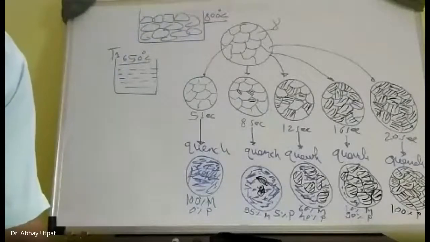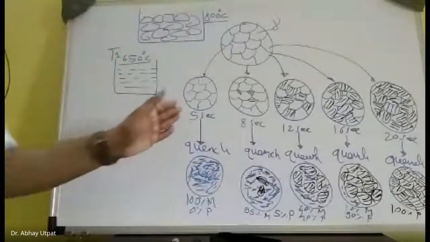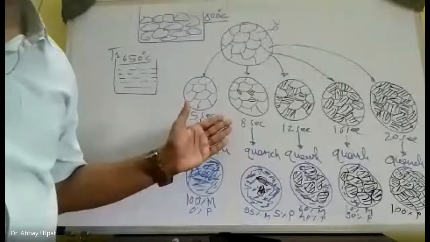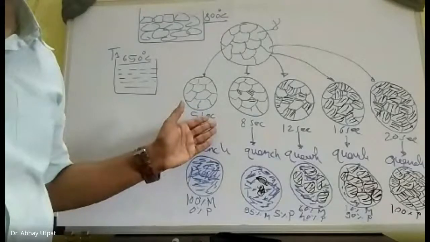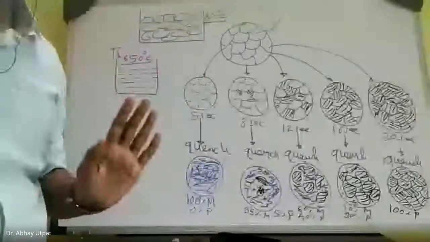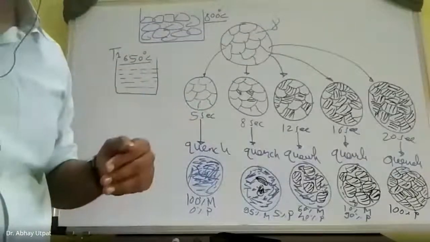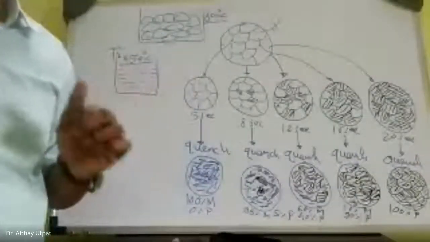So I repeat, the transformation does not start initially in the first 7 seconds. If I repeat the experiment for 5 seconds, 6 seconds, 7 seconds, I always get 100% martensite because transformation has not started. So the initial period before the transformation starts